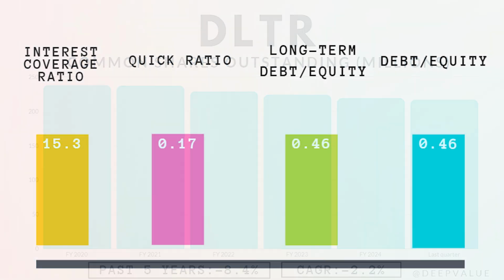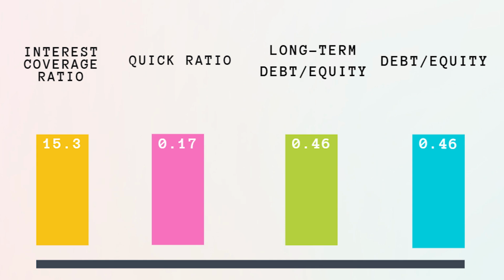Now let's assess the company's liquidity and solvency. The interest coverage ratio is 15.3, indicating the company's solid ability to handle its debt obligations. The quick ratio, which measures the company's short-term liquidity, is 0.17. Although this is extremely low, they are a grocery store, and all of these stores usually have very low